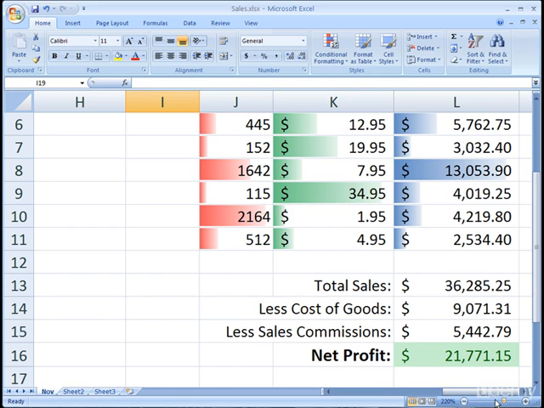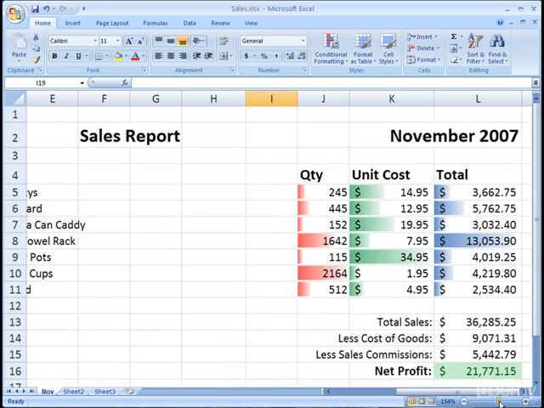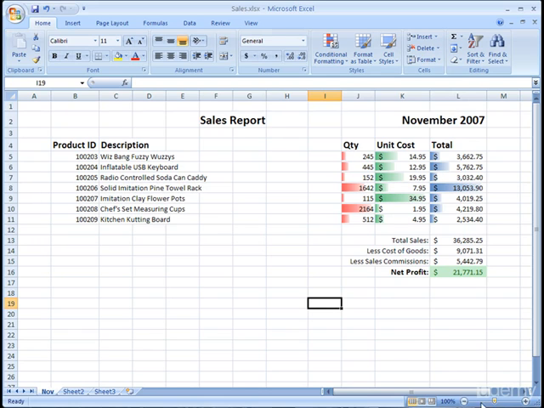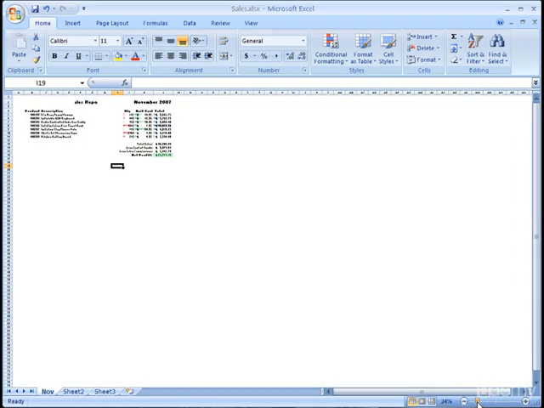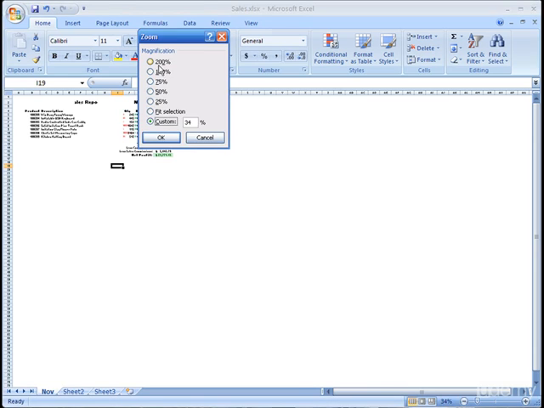You can see there is a crosshair right there in the middle. That's 100%. So if we click and drag and put it back to that, it'll snap right to 100%. Also, you can just click this button if you want to get there very quickly. For example, if I click and drag all the way over here, you can see my spreadsheet gets really tiny as I get really far away. If I want to go right back to 100%, I can click on this and then select 100% and click